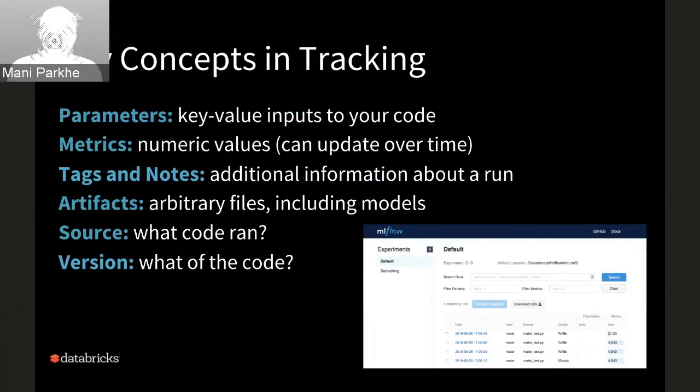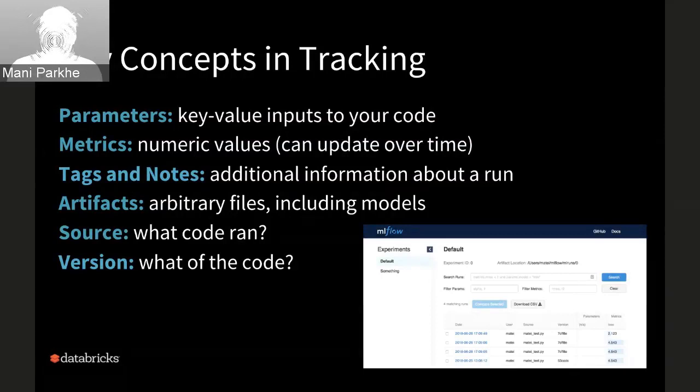Along with that, you want to keep track of metadata around how the model was scored, what source code was used, the exact version, maybe a Git ID, a Git hash. These are some of the interesting things you may want to store along with your training data. And then finally, there could be some text, a document that captures the details of your model. And for that, we have this high-level tag or notes that you can record for your training run.